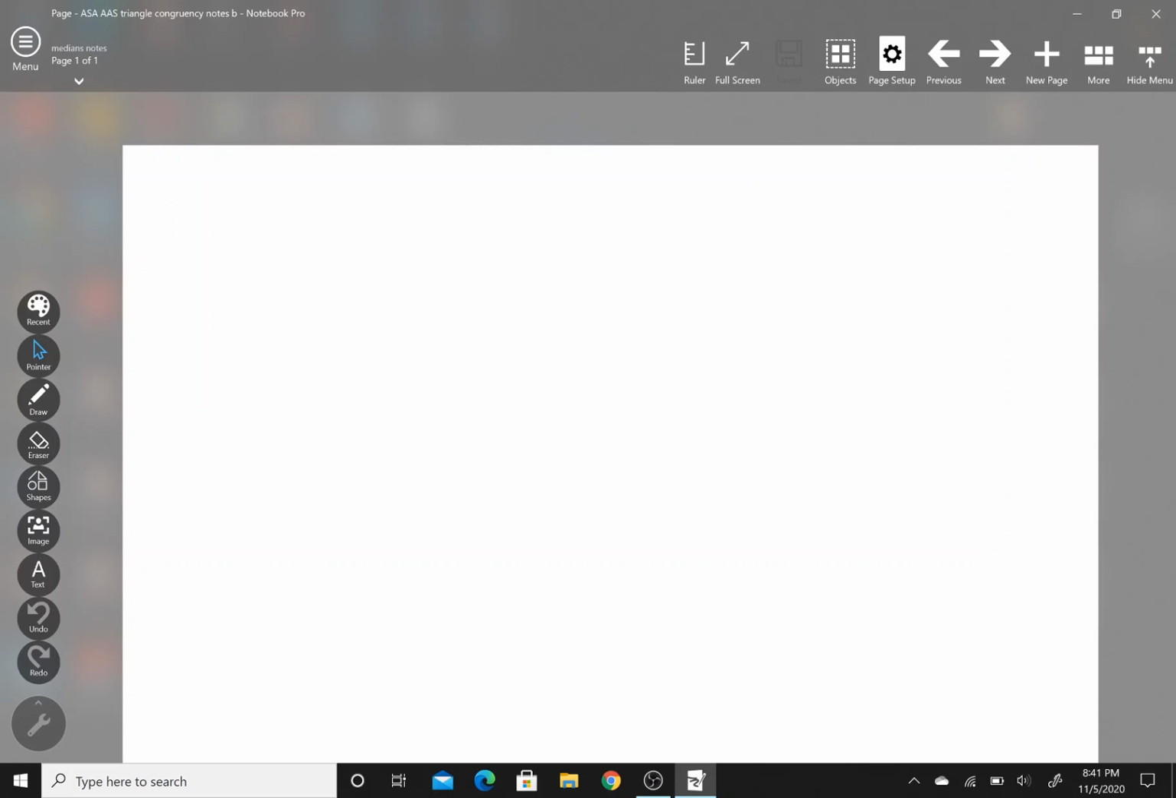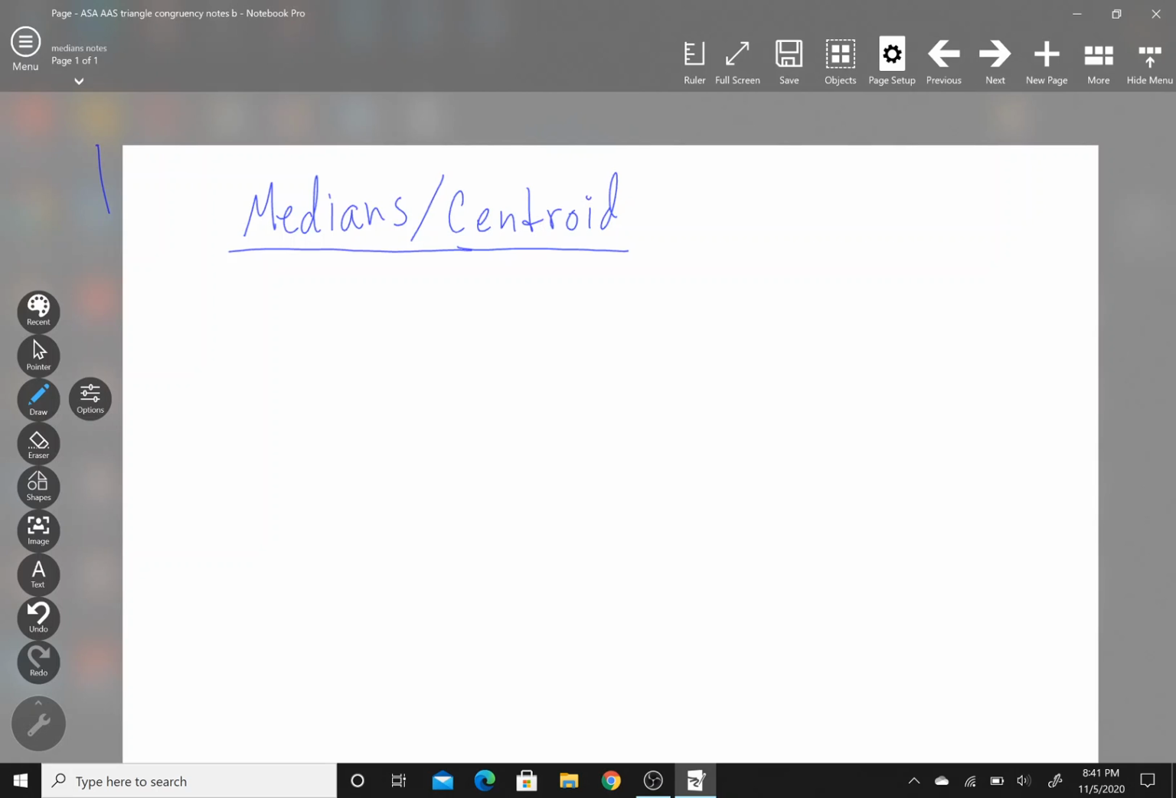Hey guys, it's Miss Campbell, and today we're going to learn about another segment in our triangles, and this one is called median. So we're going to learn about medians today. Okay, and their meeting point called the centroid. All right, so a median